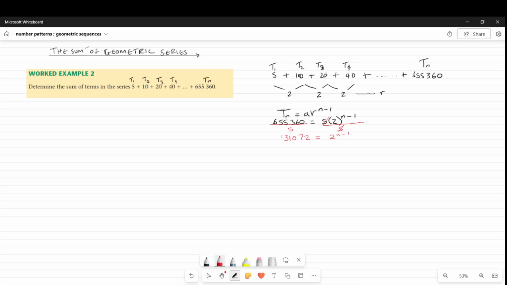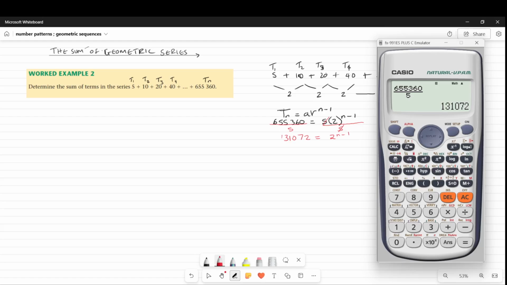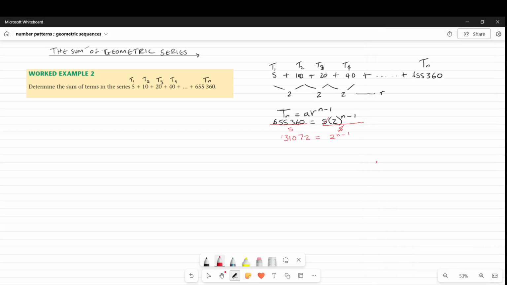Now you go back to your calculator and press equal to, because I want to change this in terms of 2. Press shift and then the button that says fact. Now your calculator changes to 2 to the power of 17, which is equal to 2 to the power of n minus 1. Now the 2 and 2 cancel out because we've got the same base. So you're going to have 17 is equal to